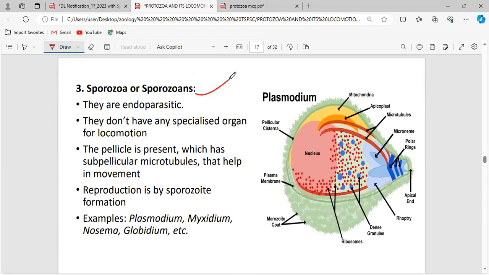And next comes the sporozoa or sporozoans. Sporozoa are said to be the